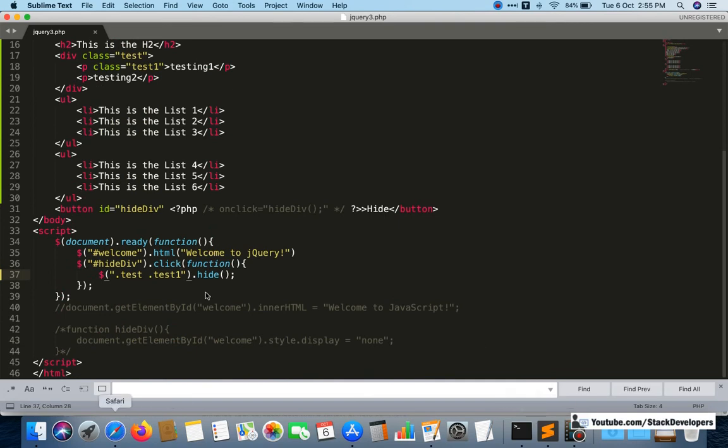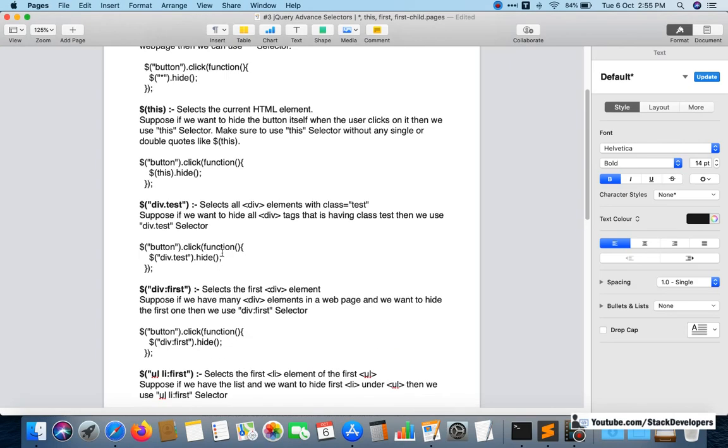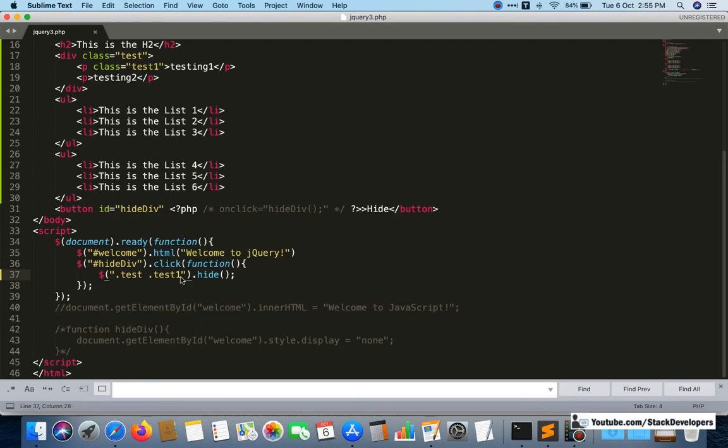And in the example, like we have done here, div.test. If we want to hide the particular div with the test class, it selects all div elements with class test. So I got it now. See here, div.test.